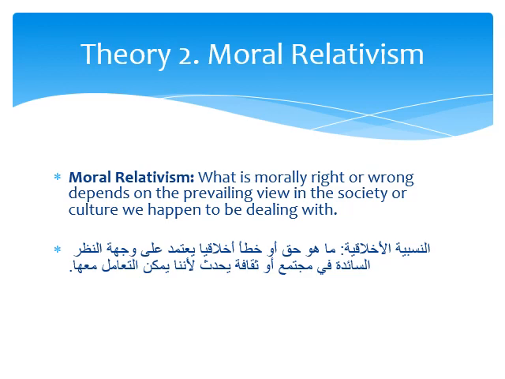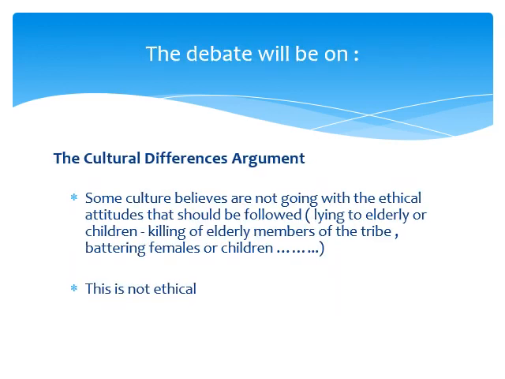In moral relativism, what is morally right or wrong will depend upon the view of the society, the culture. For example, you can tell a child, take this sweet, and it is not a sweet, it is a medication. You can lie to children and this is accepted. So there will be a debate upon this theory because your ethical values and principles will vary according to the person you see, according to the prevalence of certain ideas in your society, like lying to children, as I told you, like battering females,